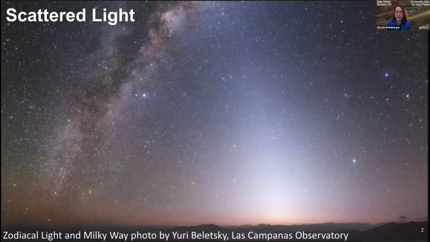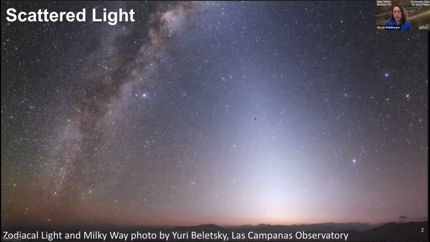So there are two main ways that we observe disks. The first one is looking at them in scattered light. In this image, you're seeing the disk in our own system, the zodiacal light, and the sun is below the horizon, but these dust grains above our horizon are acting as small mirrors, reflecting the light of the sun back to us. That's the same as when you see dust glinting in your window if you shake a blanket on a sunny day.